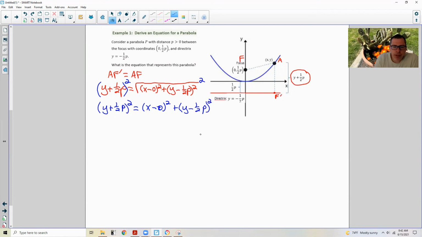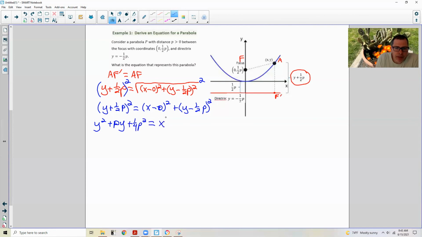Okay, so far so good. Now I'm going to distribute this, or FOIL it. First term, y times y is y squared. 1/2 py plus 1/2 py is py. That's my middle term. And then 1/2 p times 1/2 p is 1/4 p squared, equals x minus 0 is